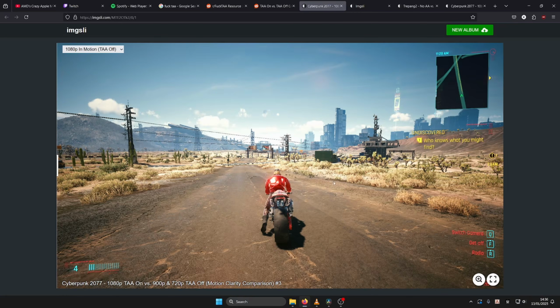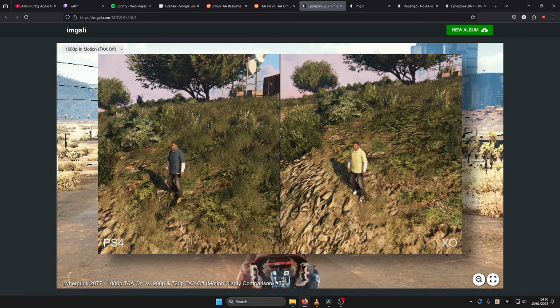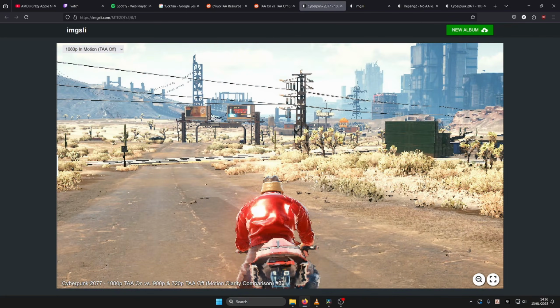So everything is aliased, which is normal because there's no anti-aliasing, but you can see that the trees, they're half resolution, okay? Even in other games with anti-aliasing turned off, the foliage, the trees, it doesn't look this bad. You can take a look at GTA 5 on PS4. That game only uses FXAA, but the foliage in GTA 5 looks better than Cyberpunk when Cyberpunk is not using anti-aliasing. And also, in this screenshot, the character isn't showing his hair.